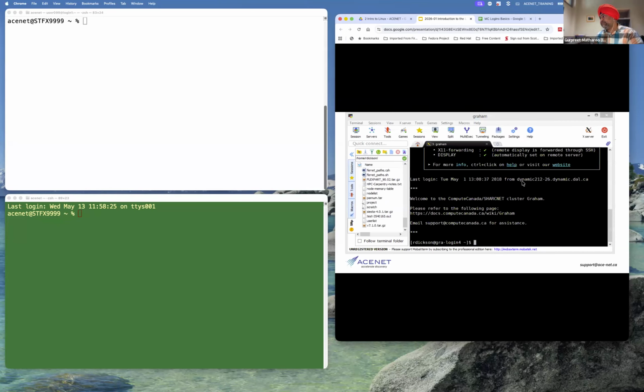So, if you have a Windows machine and if you installed MobaXterm, you should get a window something like that. And I do see in the chat someone has already pasted this picture over there. So we will be covering pretty much everything.